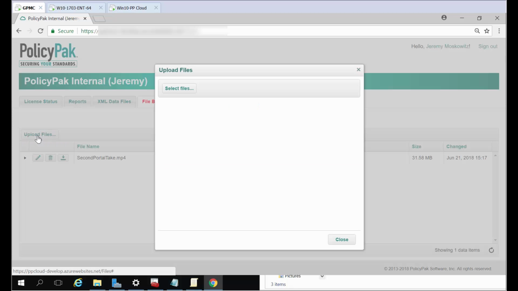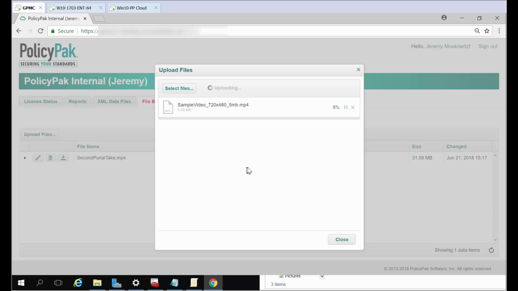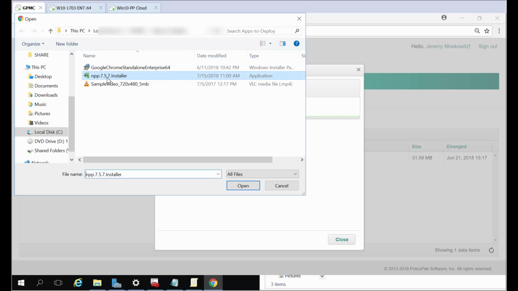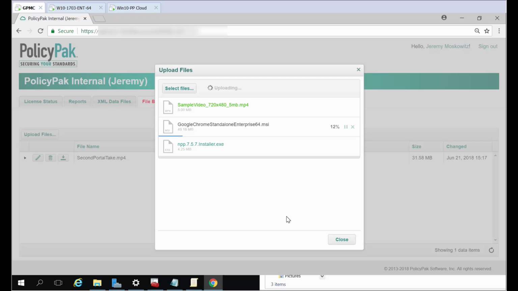You just go ahead and click on Upload Files, and you can select a file that happens to exist on your machine. Here I've got the things that I'm going to be deploying. I've got a little 5 megabyte movie file. I'll go ahead and upload that little guy here. And then while I'm also here, I'll do a Notepad++ and also a Google Chrome installer. I'll just go ahead and open those, and you can see they zip into your file box on PolicyPak